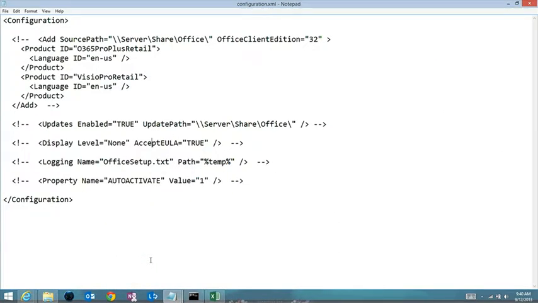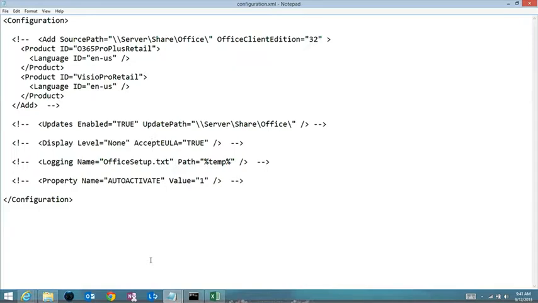This is the config XML file. It's really straightforward, really simple what you do. This is where you control all the things that script will essentially run. So a couple of things there you can see here. I'm setting in the configuration file the product ID that I want, Office 365 ProPlus Retail, essentially the SKU name there, and the language that I want as well. And then you can see I'm also asking for Visio Pro Retail here as well. So essentially this is telling the setup tool to download Office 365 ProPlus and Visio and put them into my